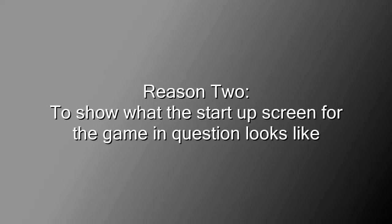I want to state that neither emulation nor mods are my forte, so I don't do research on either subject. Whatever research I did do, it's not helpful at all. When it comes to mods and emulators, people often tell me that it's fair game, for a number of reasons that I don't think I should get into. That's something I really don't want to get into too deep with. Number 2, to show what the startup screen